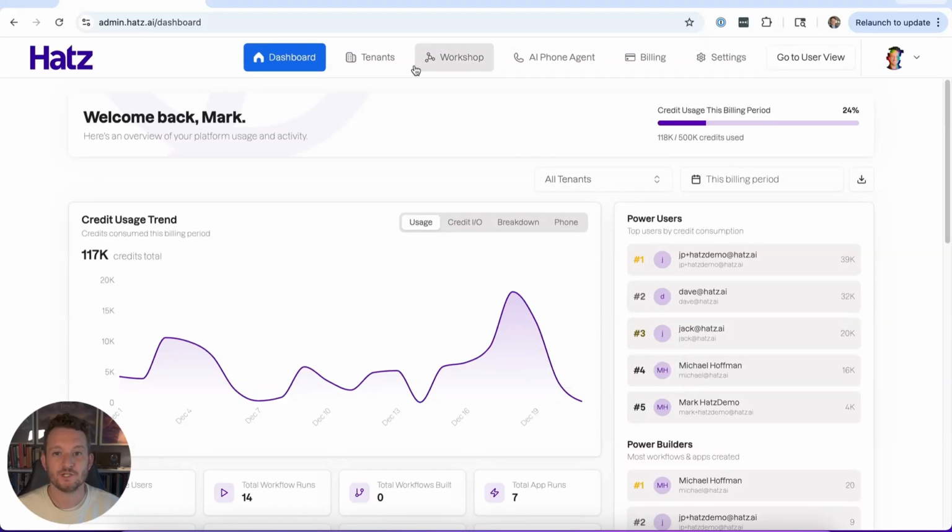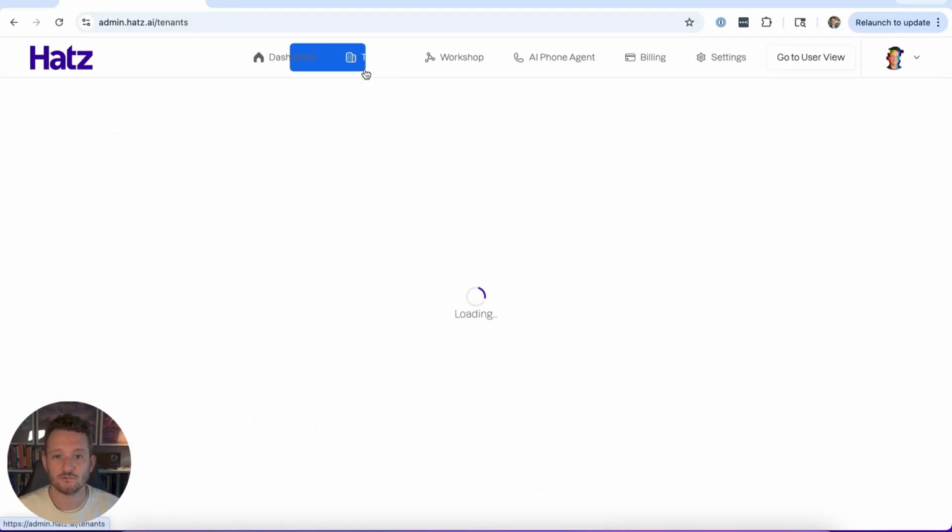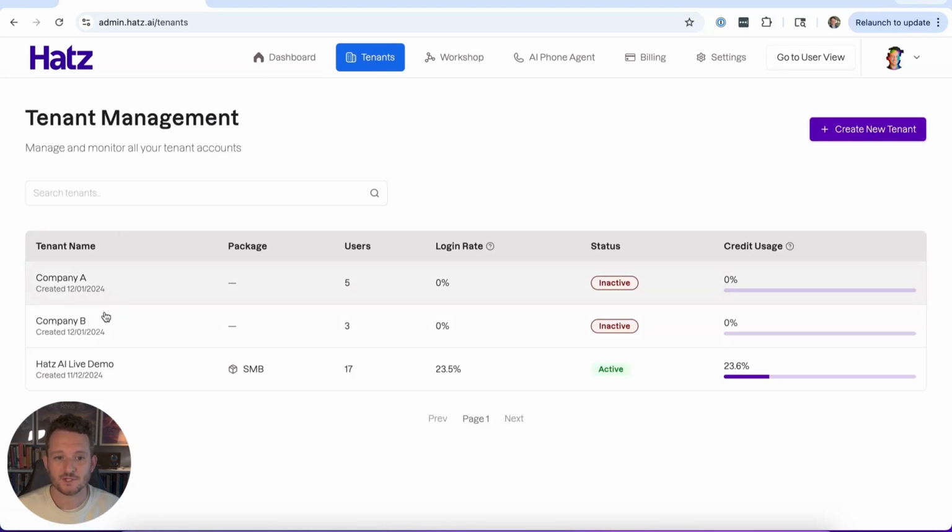This video is about managing the Tenants tab inside of admin.hatz.ai. So if you log into admin.hatz.ai, and especially if you're a primary admin or an admin, this is directed at you. In another video, we talk about the reporting dashboard, but if you want to look at something for a specific tenant, you're going to click over to the Tenants tab and then choose the one that you want